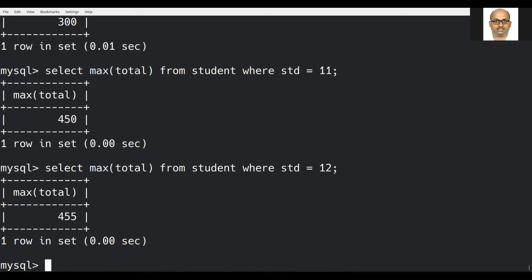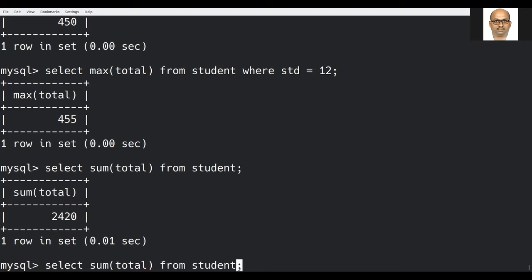Then the last aggregate function is select sum total from student. So the 6 students' total put together is 2420.